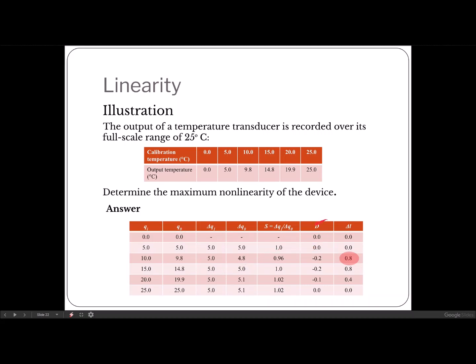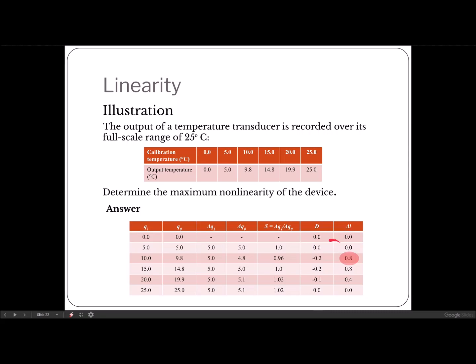And then from there I just simply calculate the difference between the output and the input here. So 0, 0, it's 0, 5, 5, I get 0, 9.8 minus 10 is 0.2, and then I calculate till the end,